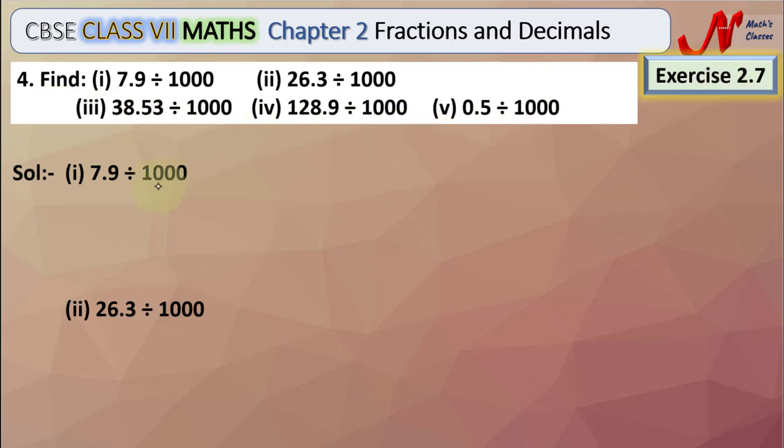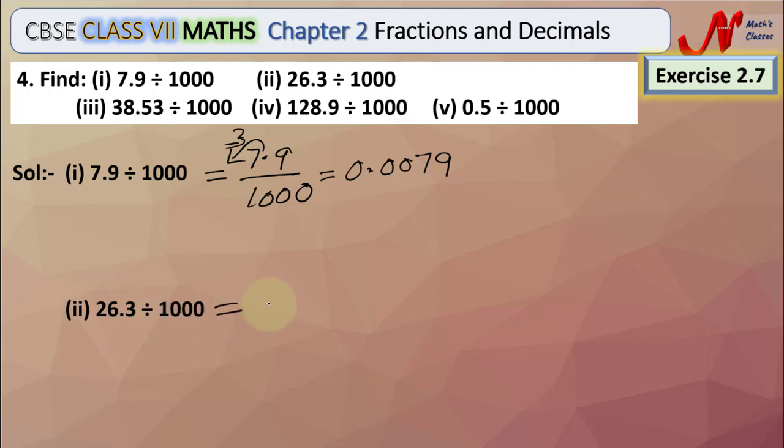In this problem there are 5 bits given. So first we solve the first bit, 7.9 divided by 1000. So it can be written as 7.9 divided by 1000. In denominator we have 3 zeros, so we shift the decimal point to the left side by 3 digits. So it can be written as 0.0079. Next we find the value of 26.3 divided by 1000, which can be written as 26.3 divided by 1000. In denominator we have 3 zeros, so we shift the decimal point to the left side by 3 places. So it can be written as